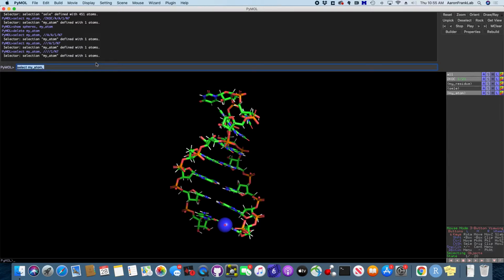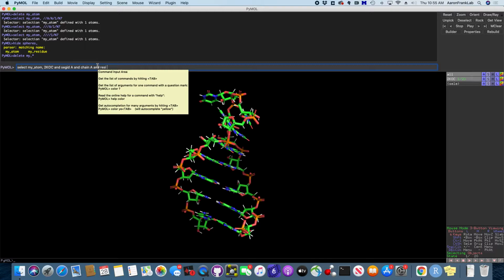So I'm going to go ahead and hide spheres. And again, I'm going to select my atom, and let me delete the current version of this. So I'm going to do select my atom, and I want to select the same atom. So what I can do is write it out more explicitly. You could say seg ID is A, and chain is A. And even further, I could give it the object name. So the object name is 2KOC, and seg ID A, and chain A, and